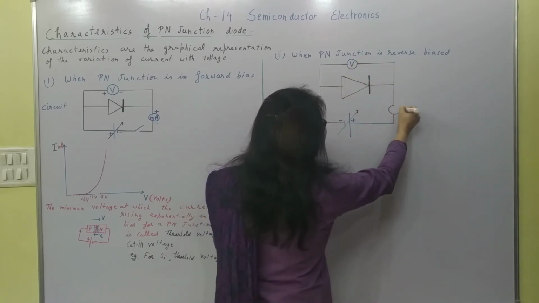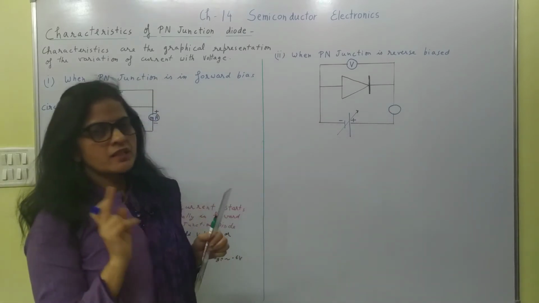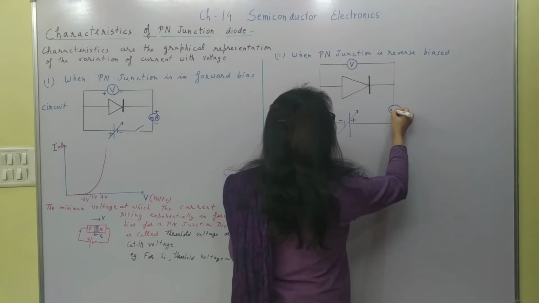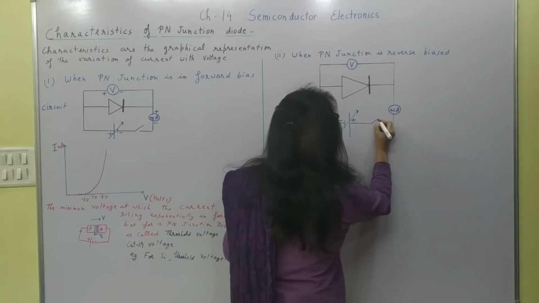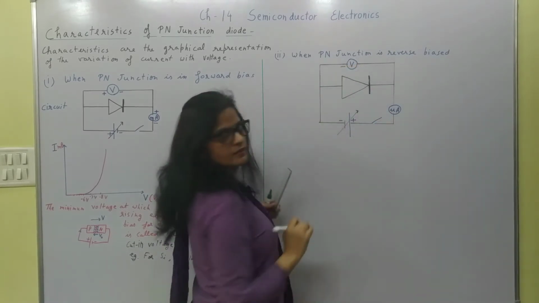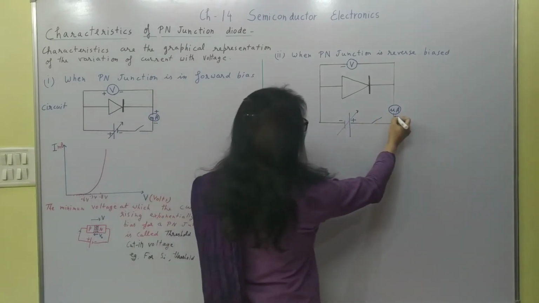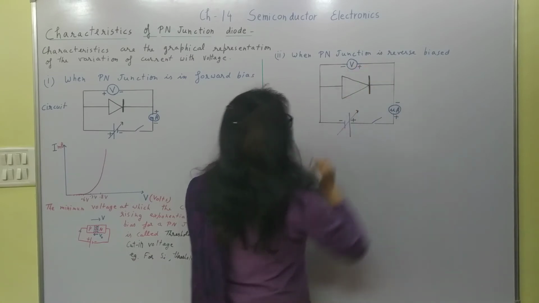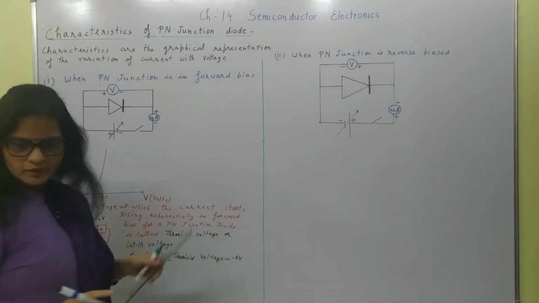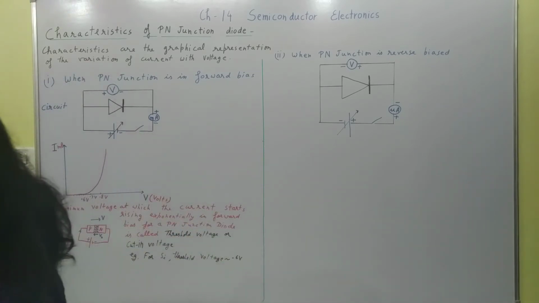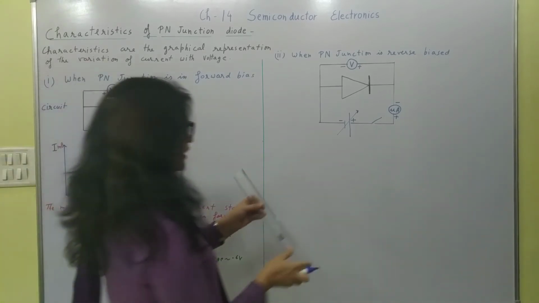And here the ammeter. In reverse bias condition, the current is very low, so we use a microammeter here. We can use a key as well, and here this is the minus side, so this will be minus. This is the positive side of the battery, so this will be positive, this will be negative, but this side of the voltmeter will be positive, right? Then what happens is, initially a very low current